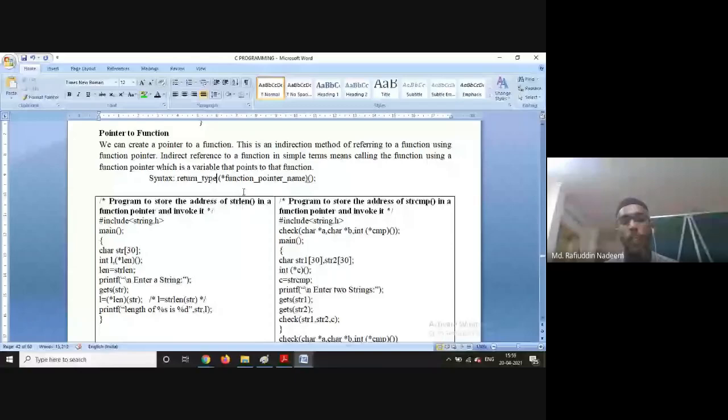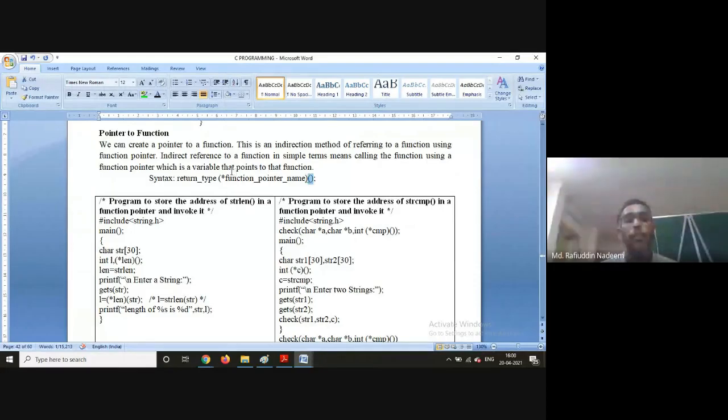Then you have to write the function pointer name in brackets, then an open bracket and close bracket. This is the complete syntax. If there is an open bracket and close bracket after the pointer variable name, it is a function pointer, meaning it can hold the address of a function. Now you can use function pointers to call functions indirectly.